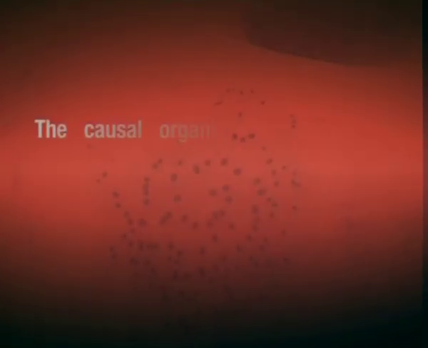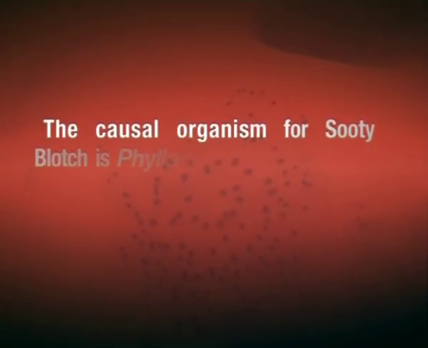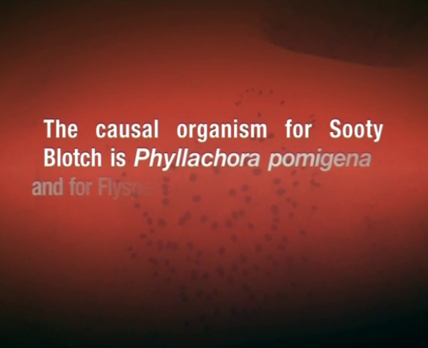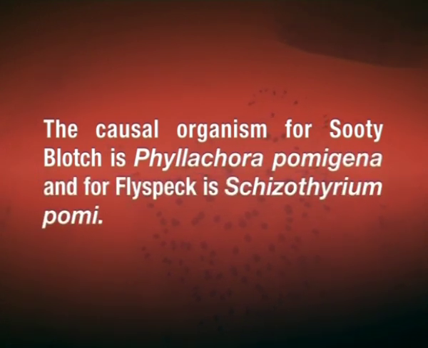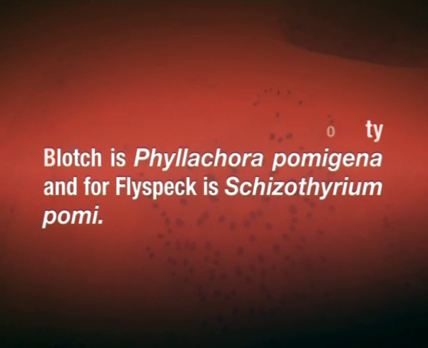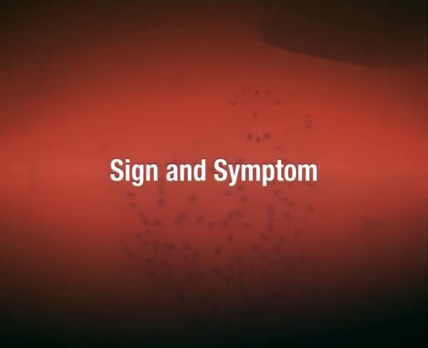The causal organism for sooty blotch is Phyllachora pomigena, and for fly speck it is Schizothyrium pomi. The disease is distributed widely in warm, moist areas of the world. The signs and symptoms: